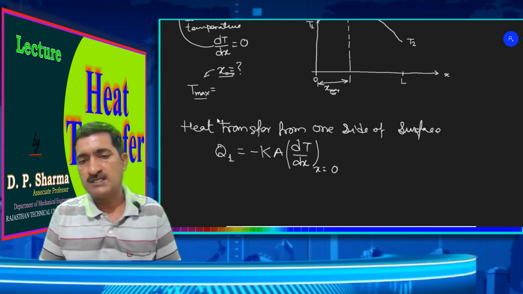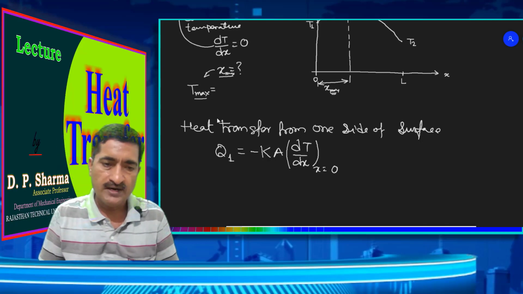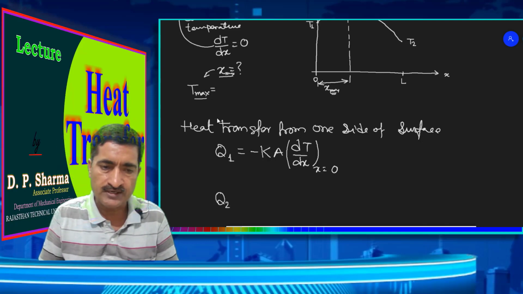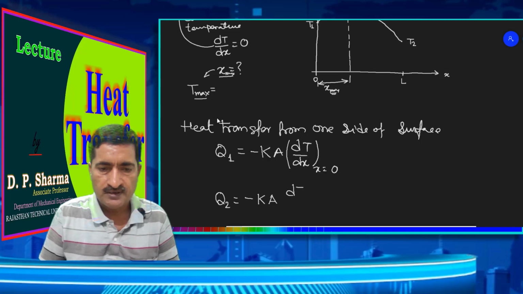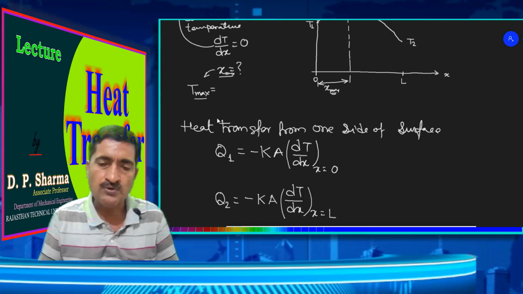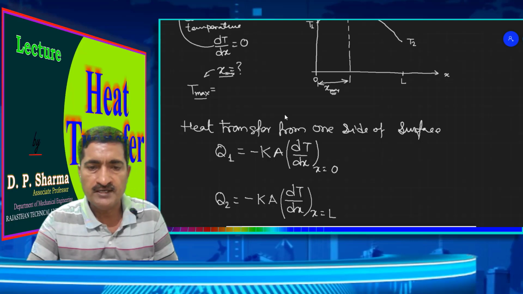This is heat transfer from the left hand side, and heat transfer from the right hand side or other side, Q2, equal to minus K A dT by dx at x equal to L, where